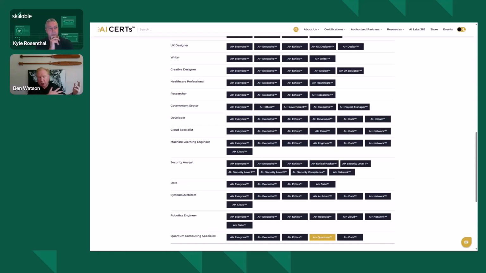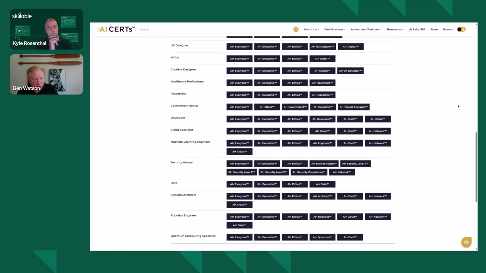Also, as a side note, Netcom announced they're hiring 50 full-time instructors across their portfolio, Microsoft, Cisco, and also including AI Certs. So if you're already active in these areas, then potentially you may be interested in becoming